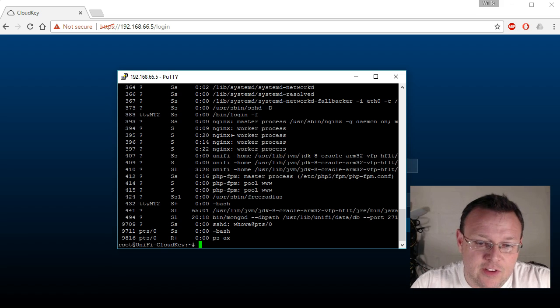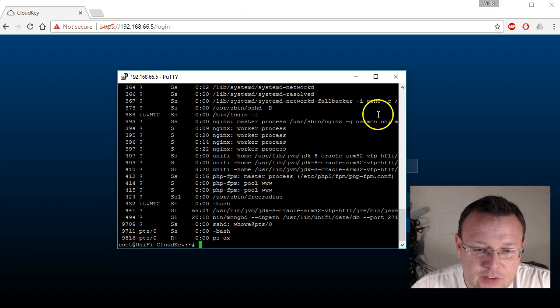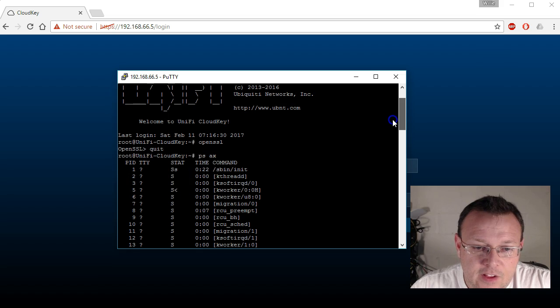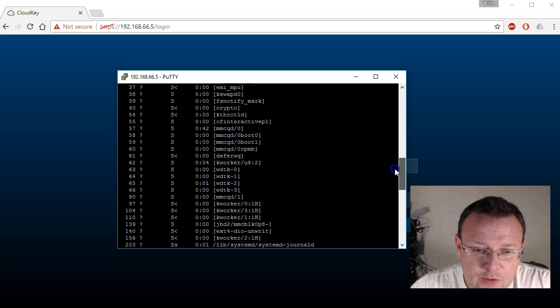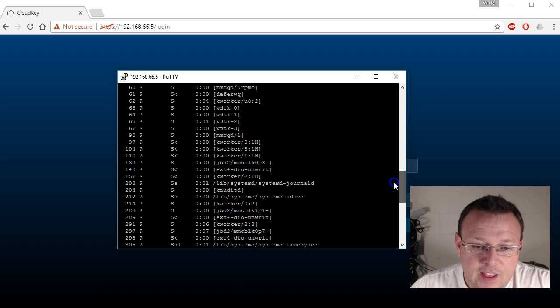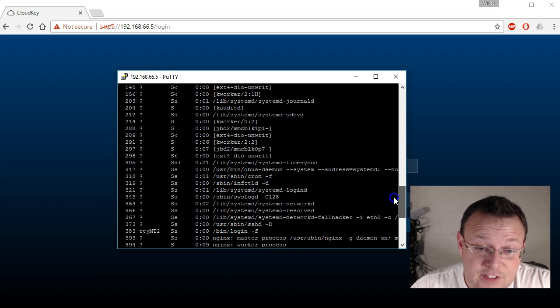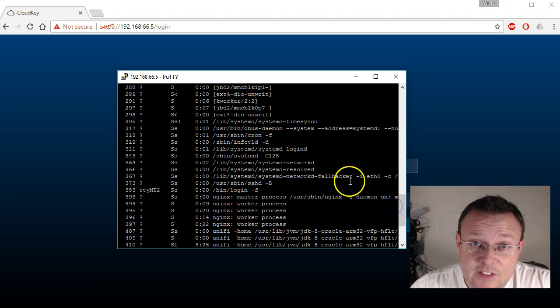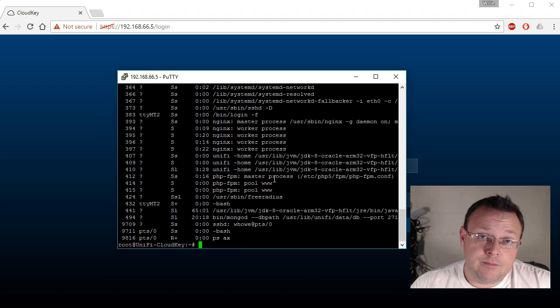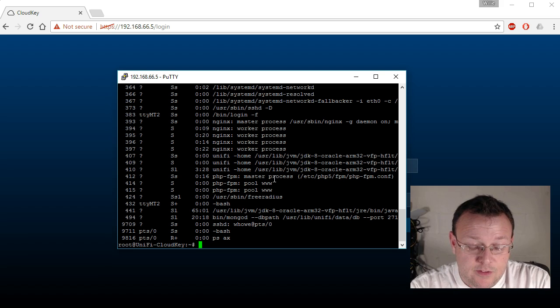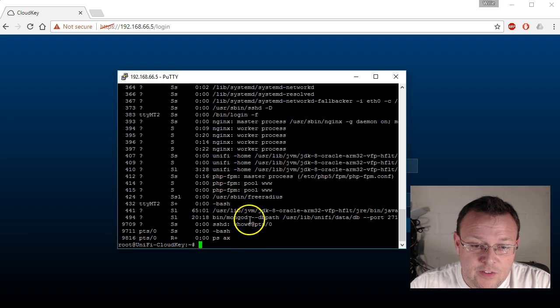So the first thing I did was I took a look at all of the processes that were running on the Cloud Key just by running the ps ax command. This will show you all of your processes that are running. I scrolled down and I was looking for an Apache. This does not run Apache. It runs Nginx. So I looked at that and I thought, oh, okay, it runs that. So write that down, keep that as a little piece of information. You can see here's MongoDB. There's also